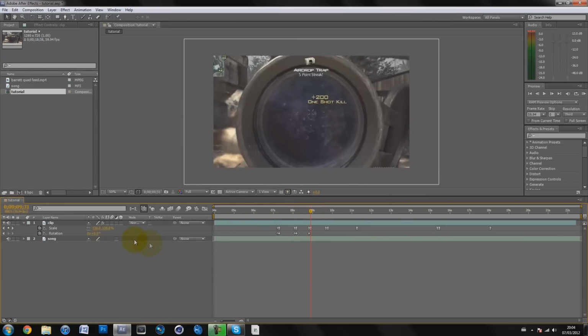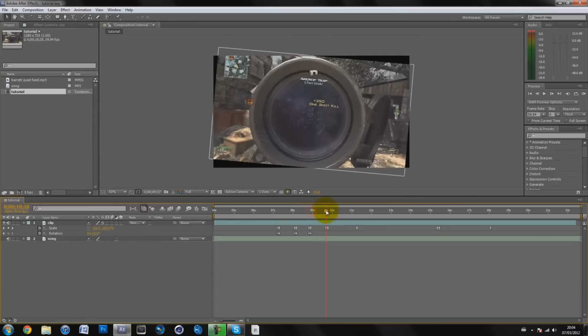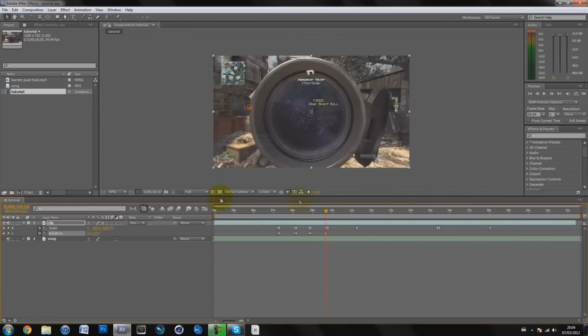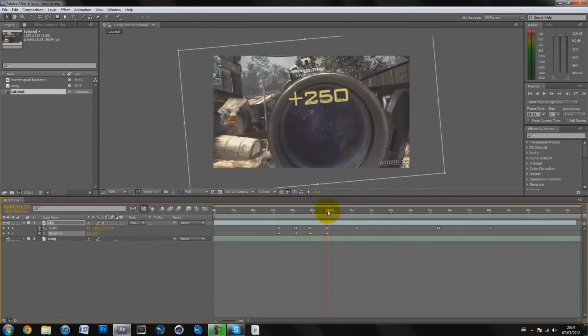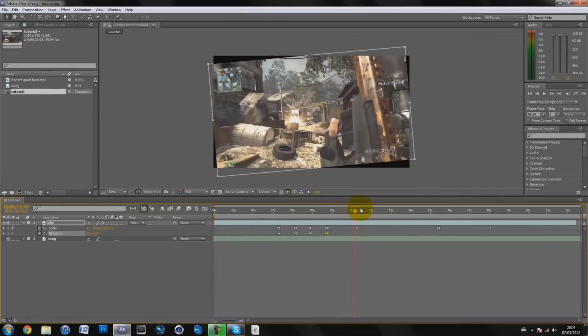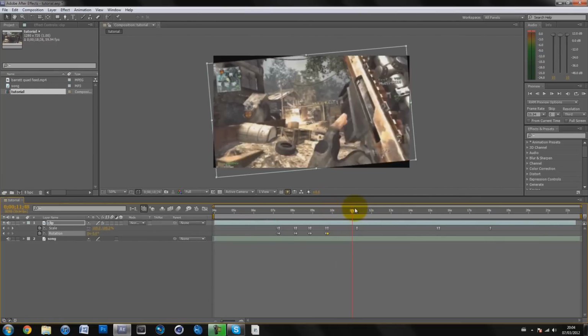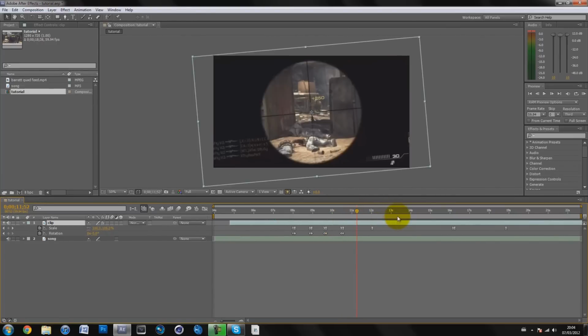Go forward 5 frames, hit 5 degrees or however much you're doing, and then find your next shot and hit 0, and then go forward 5 frames again and do whatever you want, like -5. And now, this is the part where there's no other shot, so you might be wondering what to do. You can either